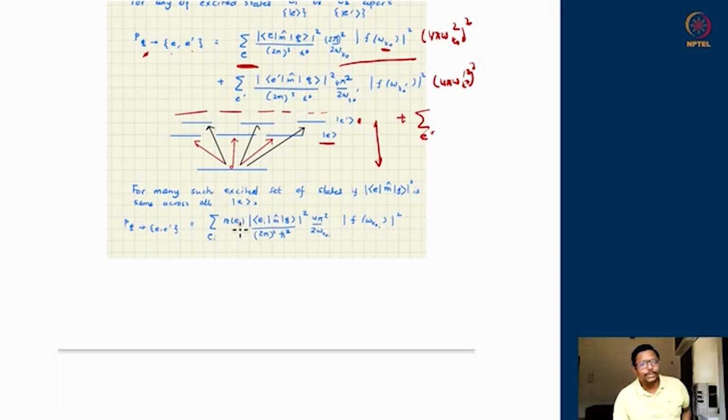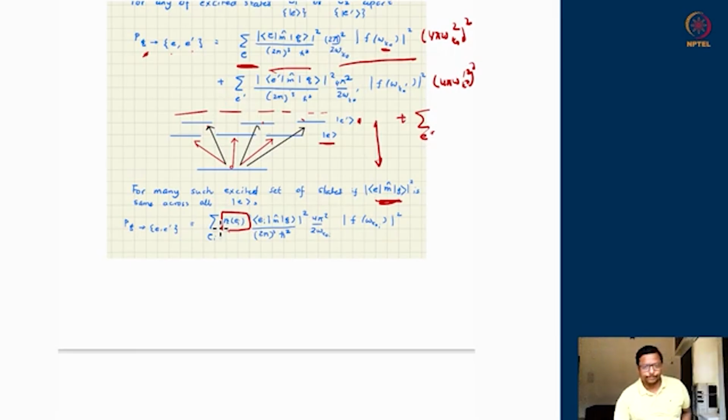So ultimately, if all the transition elements, let us say this is same for all E1, E2, E3, or E1 prime, E2 prime, E3 prime, if that is same across all excited states, then what will only happen is that this probability will become the same for all the same level energy eigenstates. So it would just count how many degeneracies there are at level E, at level E prime, and so on. And that is how we write the total transition probability would be summation over all the excited states